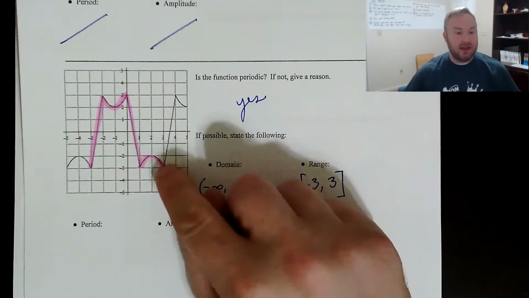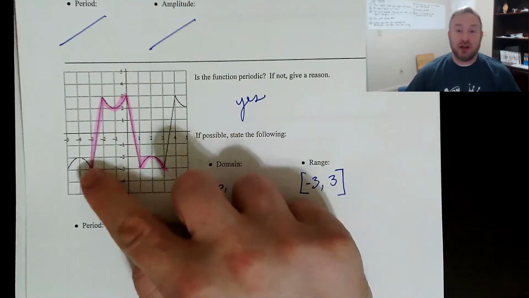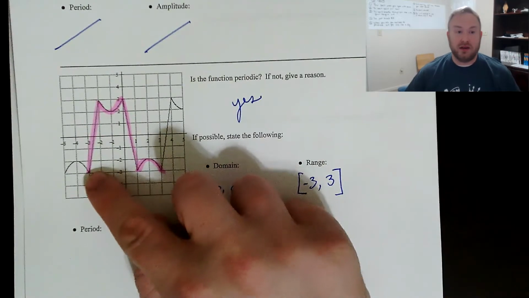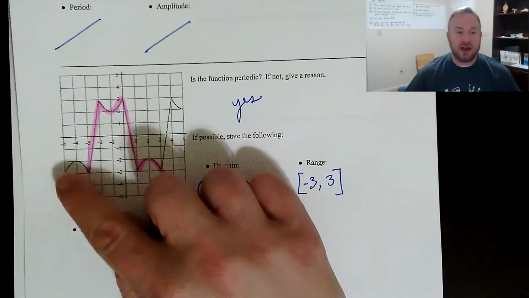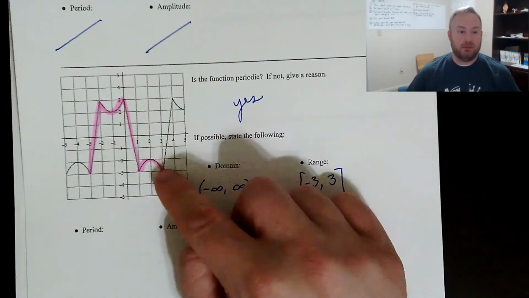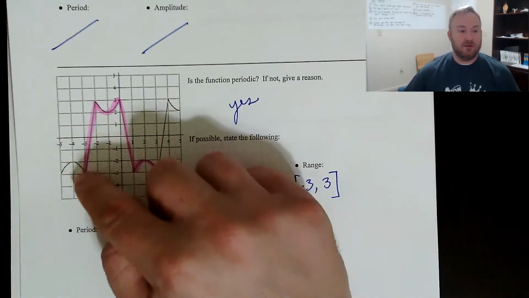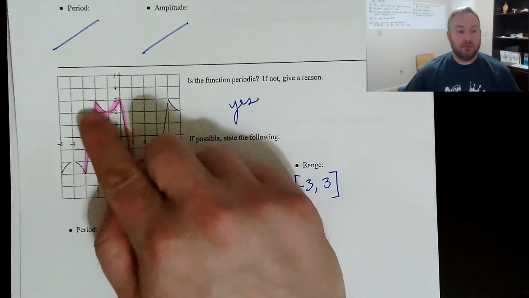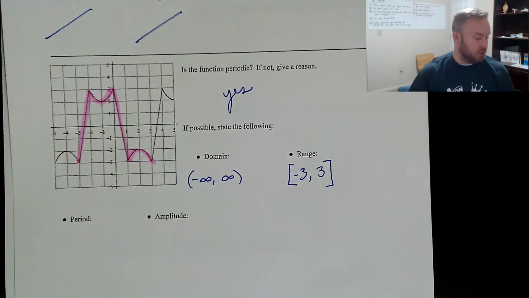Once I get to the end of this little down hump, then that's kind of the position I was in when I started the period. See how I started the period at a point that was just on the other side of the little small hill? And then I ended the period at a point that was just on the other side of the little small hill. So I've got, you know, a small hill on top and a small hill on bottom. That constitutes one period.